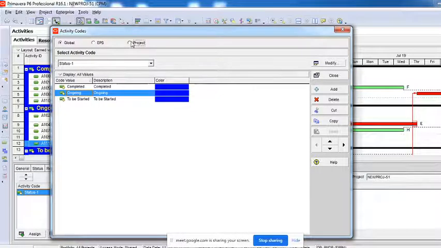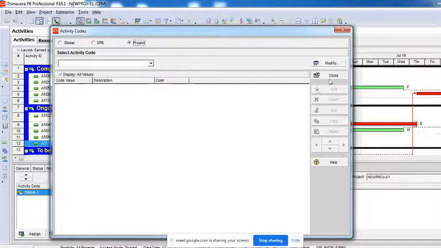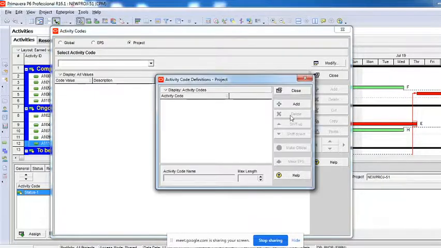But if I have to be a little more specific, I'll click on modify. I'll say add. Now I'm going to be very specific. I want to choose a responsible person.